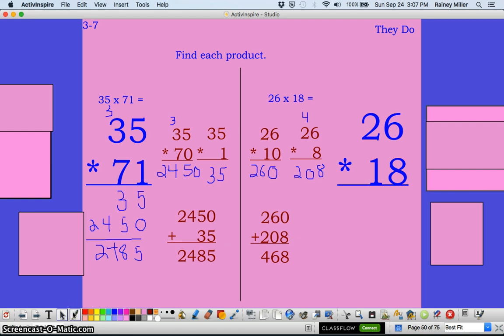Now I go over here to do it. 8 times 6, we determined was 48. 8 times 2, 16, plus 4, that's going to be 20. And then I put my 0 in here, and I pretend that there's a 0 here, and I just move on to my 1. 1 times 6 is 6. 1 times 2 is 2. I add it,